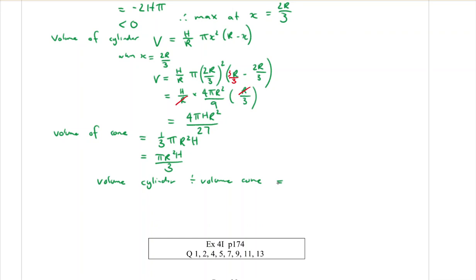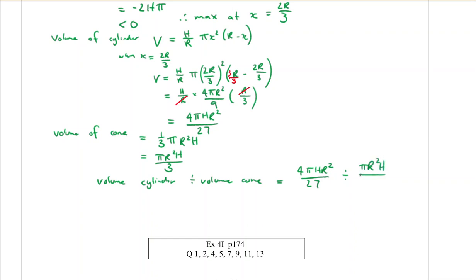I want to make sure that it doesn't exceed 4/9 the cone. So the volume of the cylinder was 4 pi h r squared over 27. And I want to divide that by the volume of my cone, which was pi r, capital R, sorry, squared